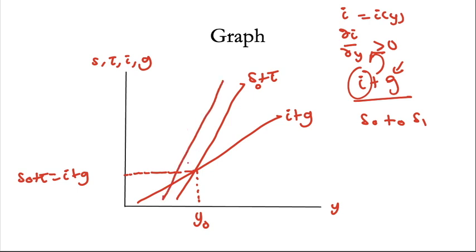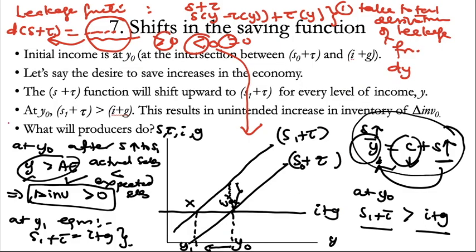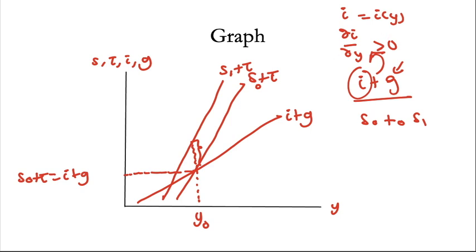Yeah, at least a bit better than before. So S1 plus tau. If you hold at Y0, you can see that this issue here is similar to the previous one, so the explanation is just the same, but this time, of course, investment here is a function of income. So the adjustment needed here